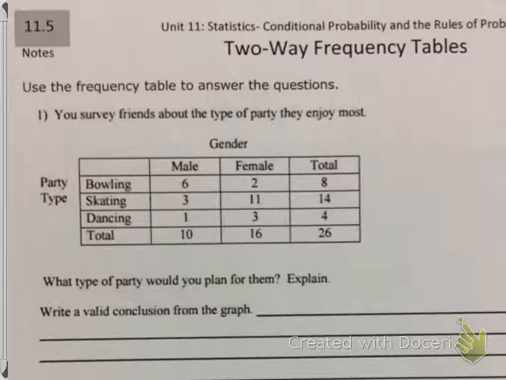Well, I would look at the totals over here to see how many people liked what kind of party the most. And it looks like you have the most friends who like skating. So I would put a skating party together for my friends because most of them liked skating. And then it says write a valid conclusion from the graph. And I would write something like skating is the most popular with males and females